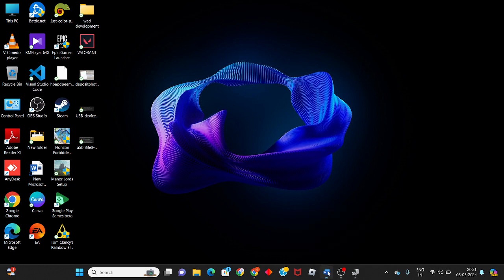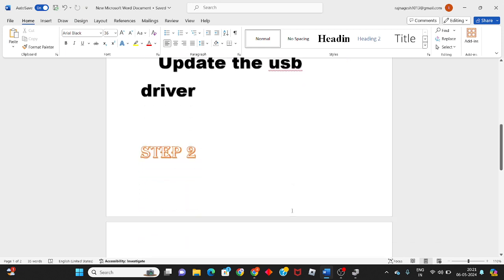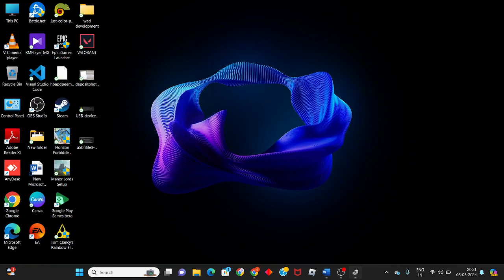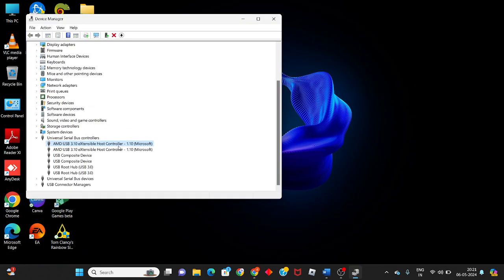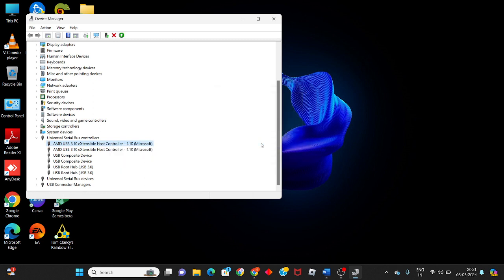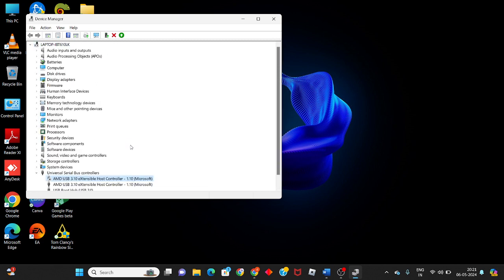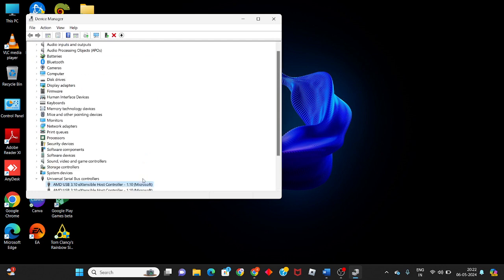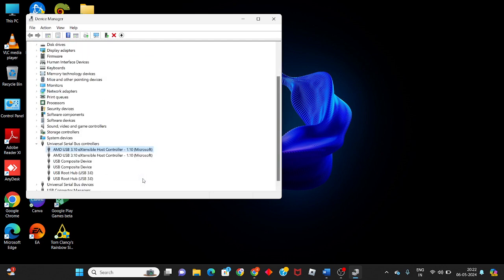You will come to the second step: uninstall the USB controller. Okay. Then go to Device Manager. First of all, right click to disable it, and click yes. After that, you will enable it again. Okay. Then if any of these changes fix this problem, okay. Or if not solved, you will